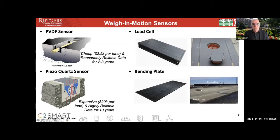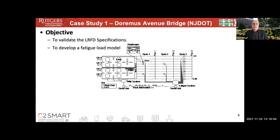So the advantage of those sensors is they have a very low noise to signal ratio, and they are not impacted by temperature. And so we've used those extensively now, and this is the one that we are proposing to do the enforcement. And one of the case studies that I started with, and I want to here,